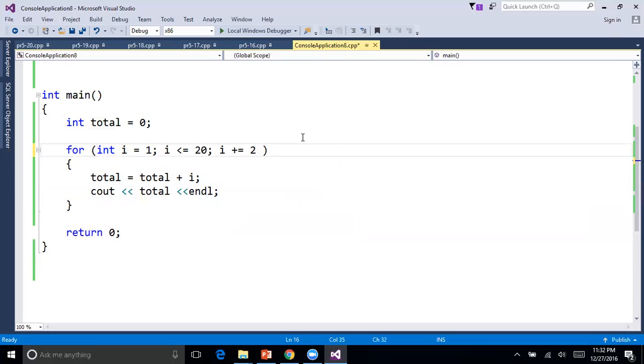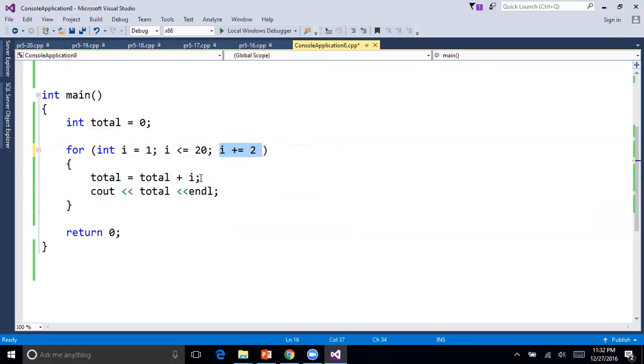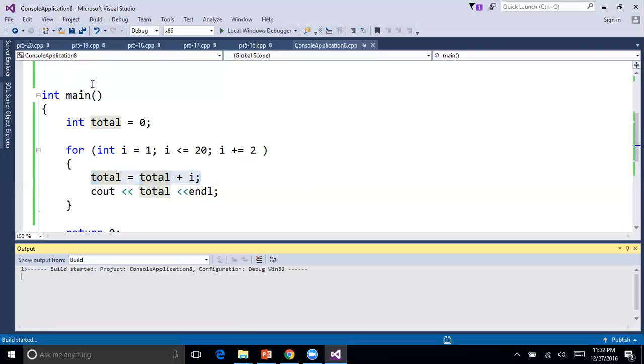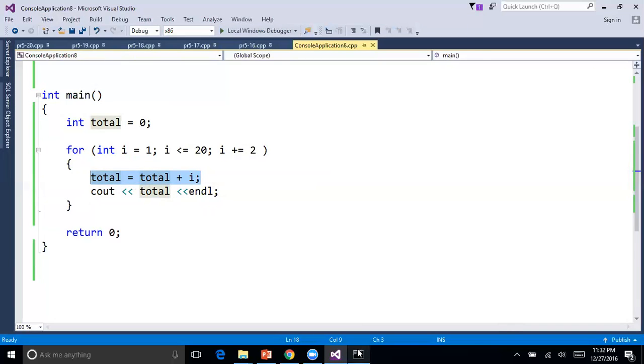Right? It doesn't have to be that it increments by 1. My I is going to increment by 2. Plus equals 2 is just going to be add 2 to it. So it's going to be 1, then 3, then 5, then 7. It's going to add all of those together, 1 plus 3 plus 5 plus 7 plus etc. And I'm going to show you what that is as well. I don't know if you can see this so clearly, but you get the